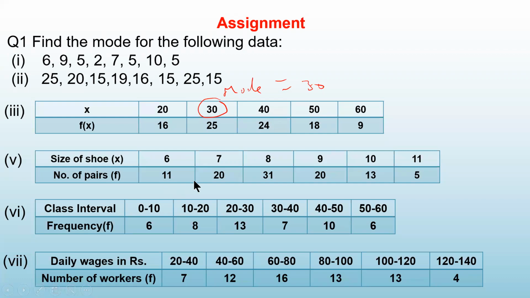यहाँ सबसे ज्यादा highest frequency किधर है? इधर, और वो किस size के लिए है? 8. तो this is the mode. आपको बोर्ड बहुत easy है calculate करना, केवल आपको यहाँ पर formula लगाना पड़ेगा. तो यहाँ आपको locate करना पड़ेगा modal class. तो frequency किसका सबसे ज्यादा है? इसका. This is your modal class. Modal class, then apply the formula. I hope you have understood.